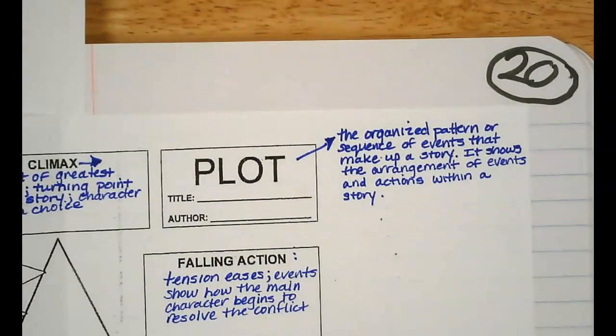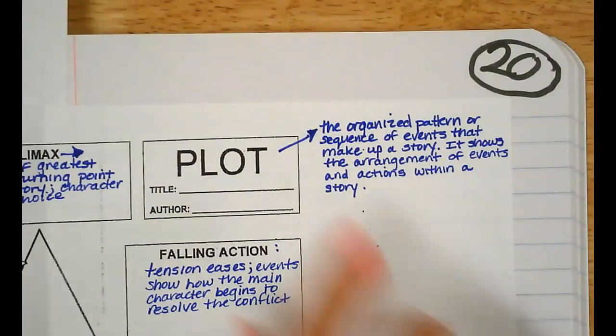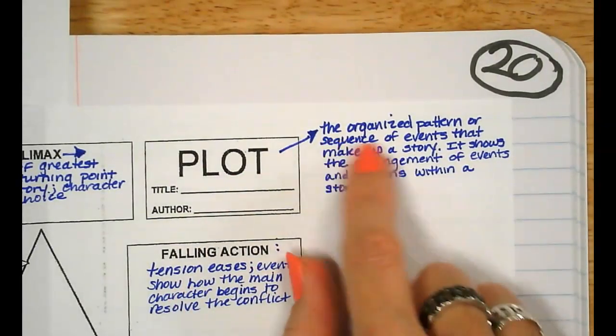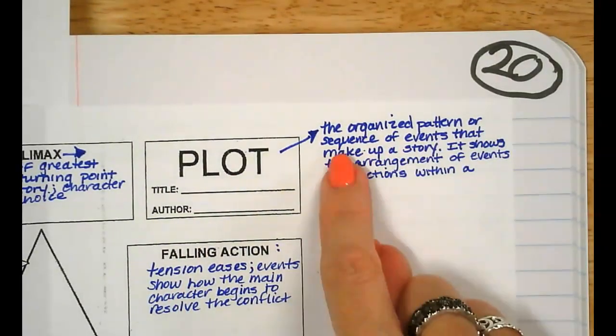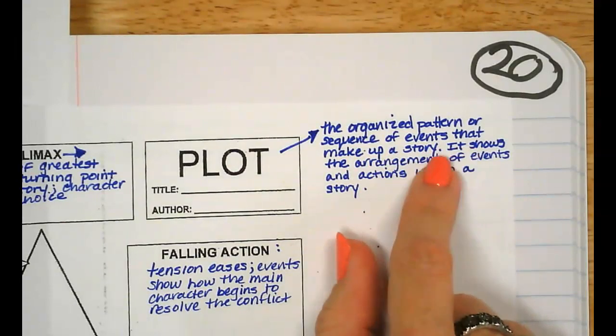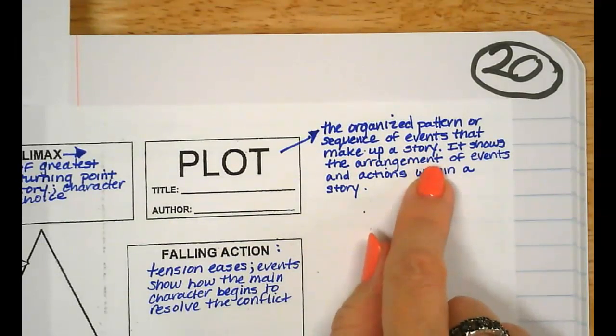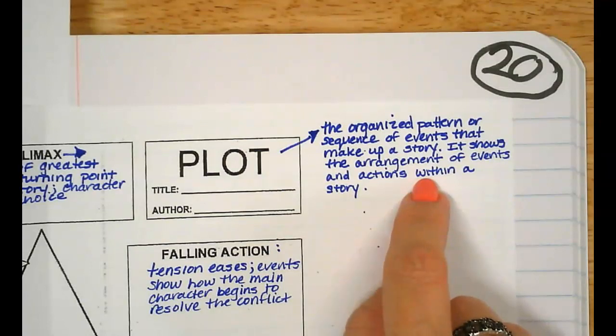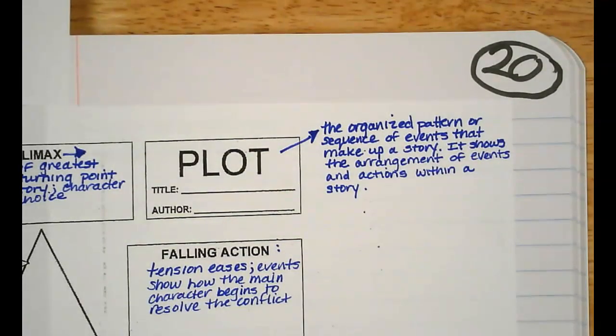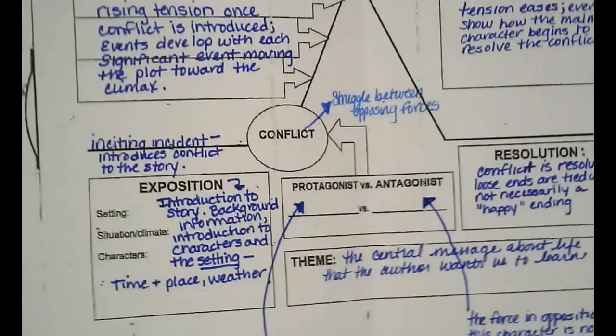This is the top of your notebook. So plot is described as the organized pattern or sequence of events that make up a story. It shows the arrangement of events and actions within a story. Again, remember you can pause the video to make sure that you are writing everything down. Okay, we're going to go back to the beginning